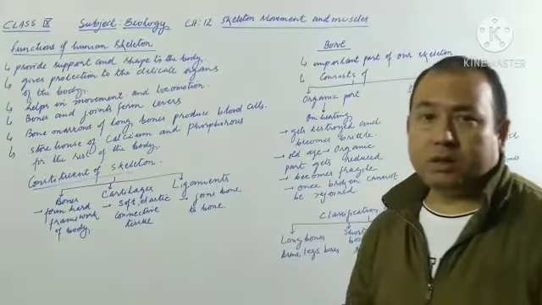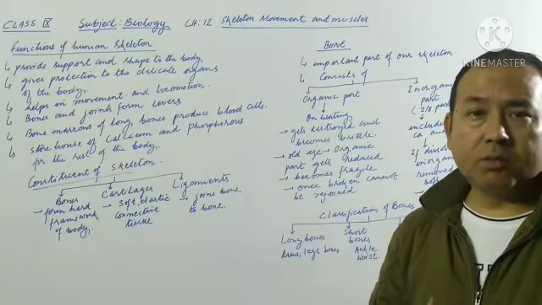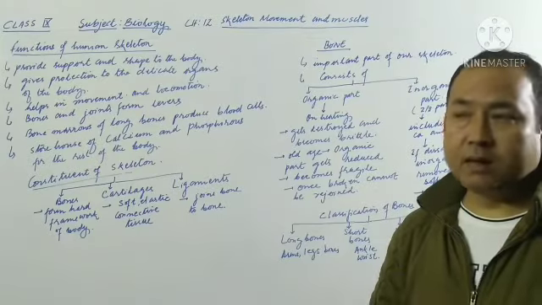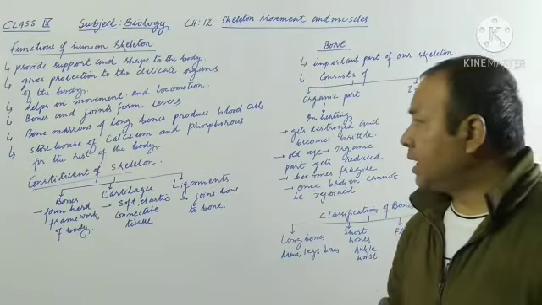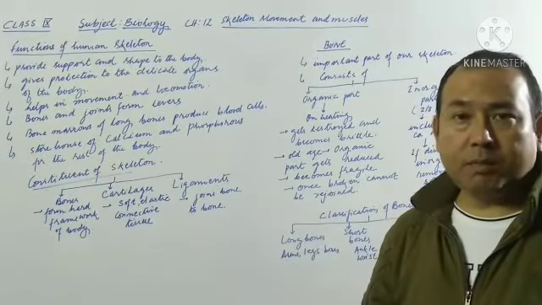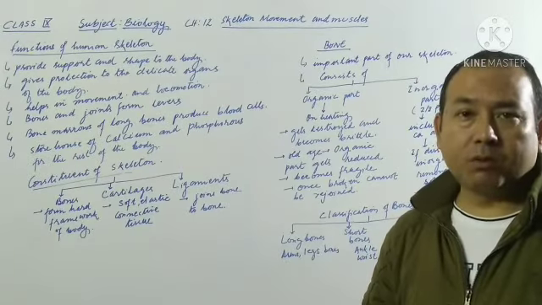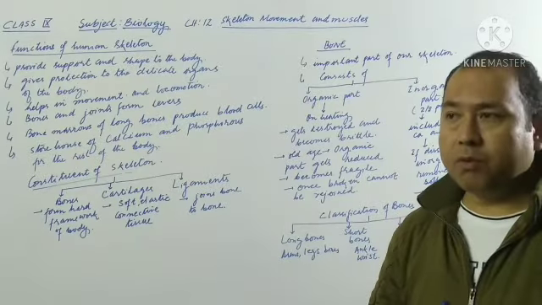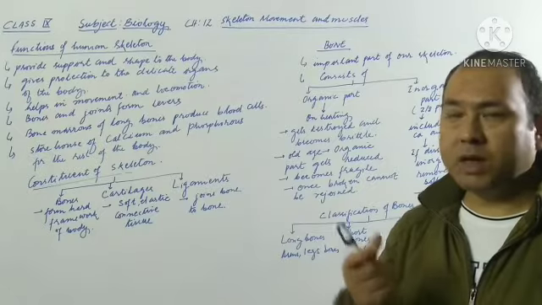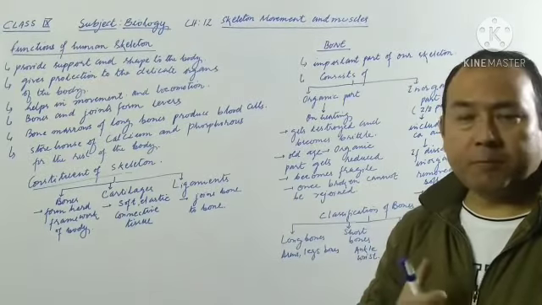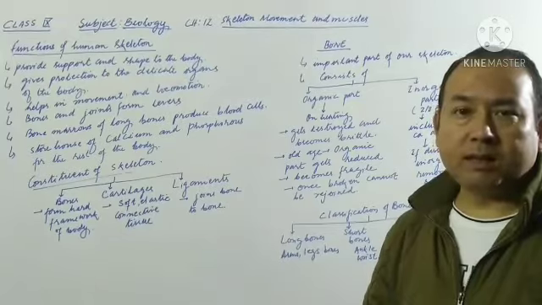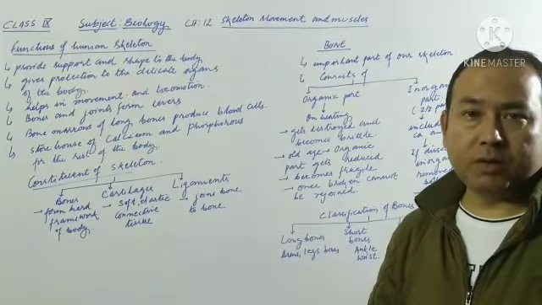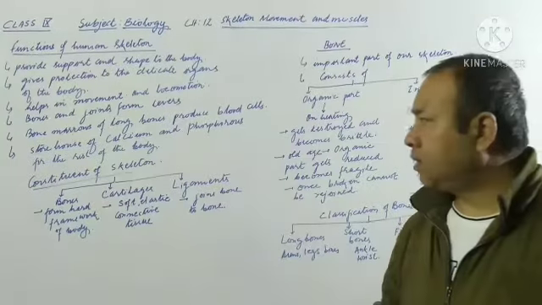There are certain bones and joints which act as a lever and which act as a force multiplier or speed multiplier. Then comes the bone marrow of long bones, where blood cells are usually produced. Bone marrow is actually inside the long bone. There is a cavity, which is filled with a mass of tissue that we call bone marrow. Inside this bone marrow, blood cells such as RBC, WBC and platelets are produced.